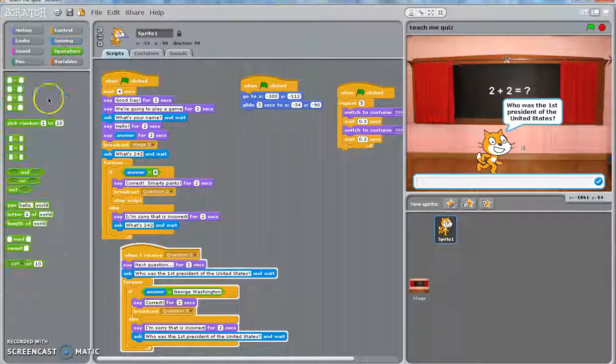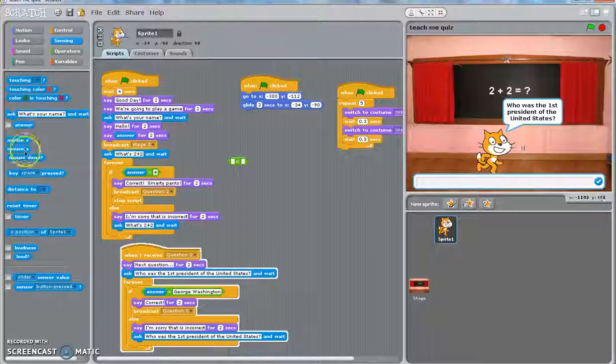And what's kind of neat is that the operators, or anything that has something like this, when you drag it out, you can fit a puzzle piece in there. So if I say that an answer is equal to something, that's how I got that script to happen right there. What I would like you to do is have a character walk out and ask the person their name